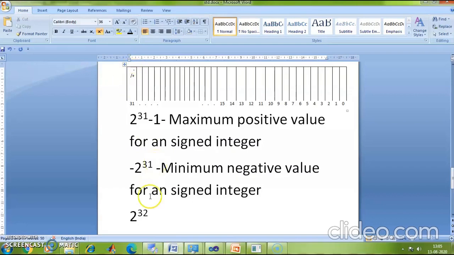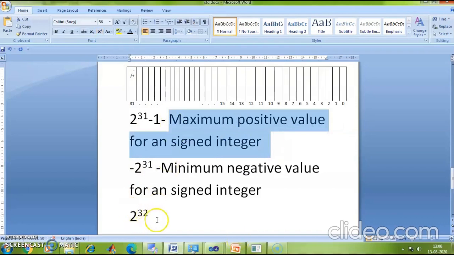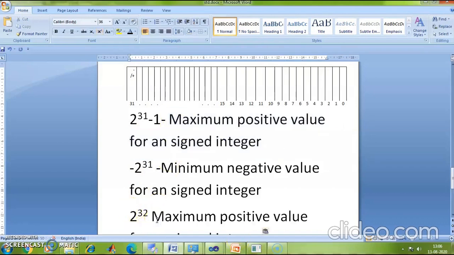Whereas with an unsigned integer, I do not have to keep a record of the negative and the positive sign of a number. So how many bits do I get here? I get a total of 32 bits, so I can store zeros and ones in all these 32 bits. So the maximum number that can represent an unsigned integer would be 2 raised to 32.